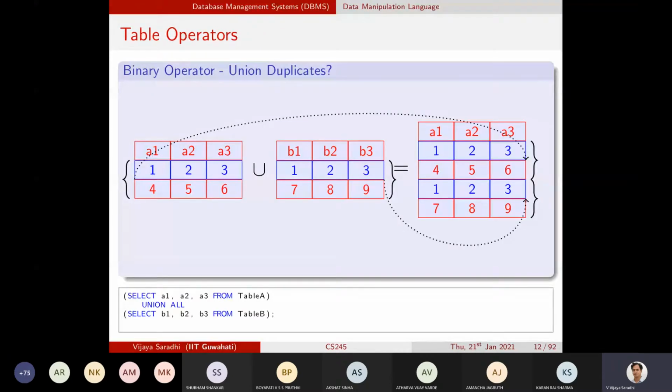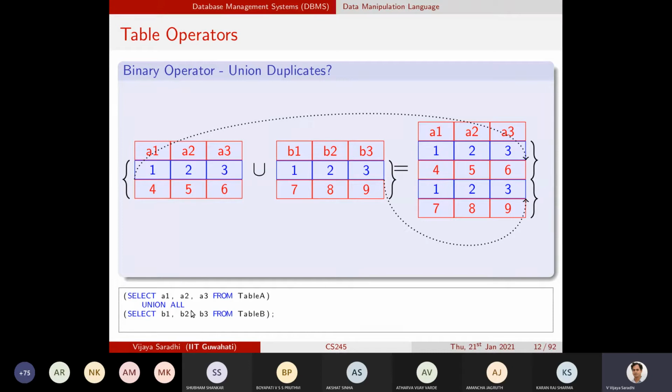How will this operation be performed? I will copy all the contents of table A into the resulting table, the new table. Then I will copy all the contents of table B into this one. Computationally, it's very straightforward.